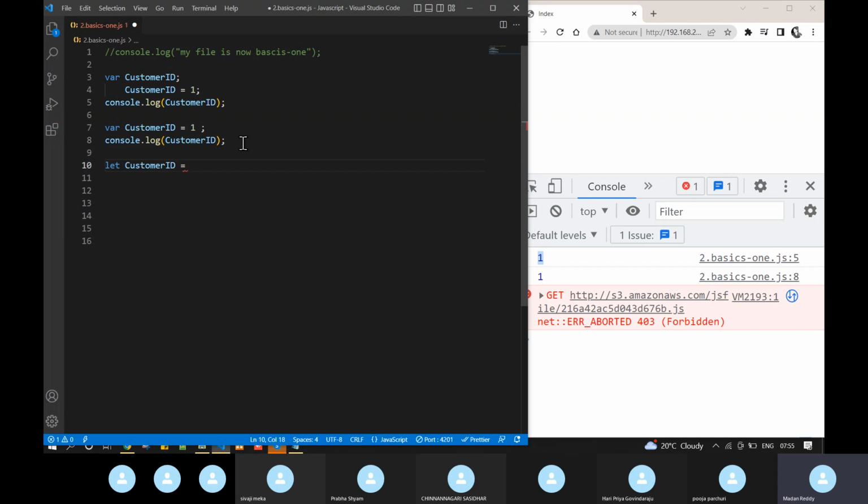As of now, I'm going to take the value 10, not the value 1, just for understanding. By using the let keyword also, you can assign the value. By using the let keyword also, we can assign